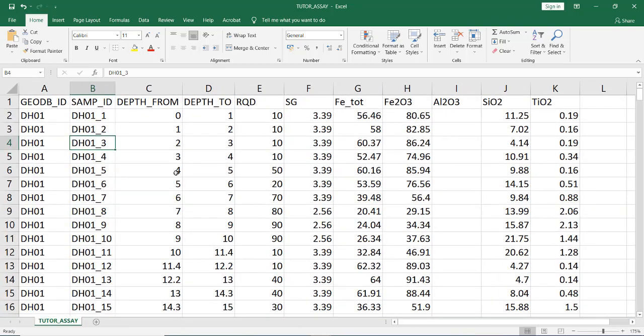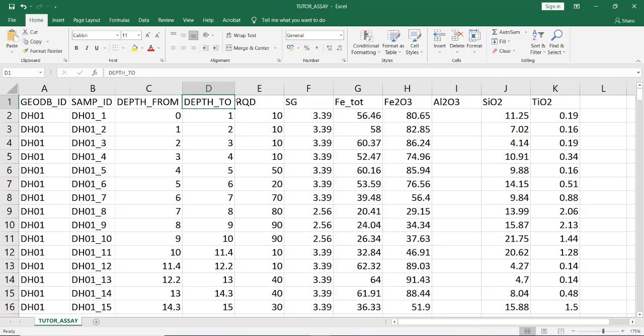Okay, this data is for assay. Same with geological, must be the same. The data for geology and assay must be the same.